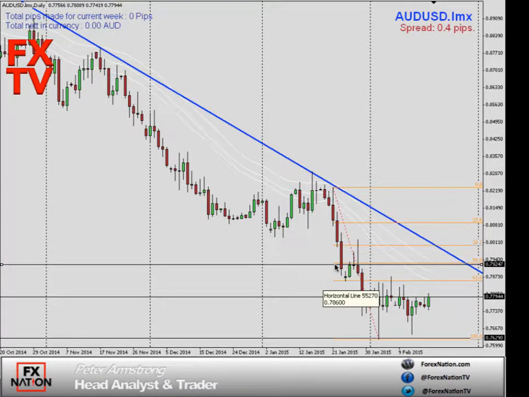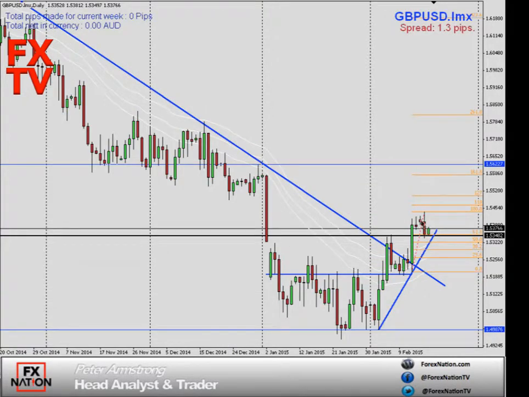So I would like to think that the market could potentially now, depending on what happens with the US dollar, continue to support the Australian dollar until we see the next round of weak data coming in, putting pressure onto the Australian dollar as the market rejects its previous thoughts that we will be introducing a rate cut in March. So that's the market sentiment, and that's what we're trading. There's no use fighting it, even though the fundamentals for the long term support a downtrend and lower prices for the Australian dollar, especially compared to the US dollar. So we'll trade the market sentiment in the short term, looking for trading opportunities going long.